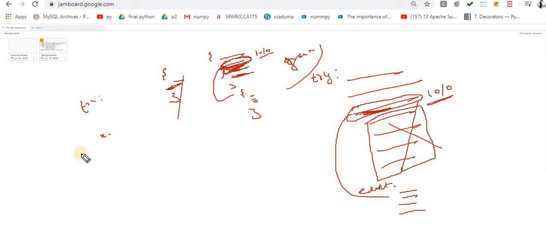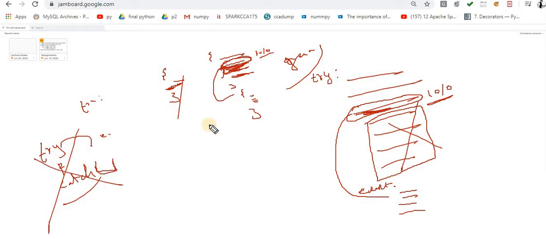Inside Java, there is try and catch. Okay, try and catch. Try means it will throw the error, and catch means it will catch the error. Catcher, just like a catcher. But inside Python, the functionality is the same, but the terminology is try and except. So keep this point in mind.